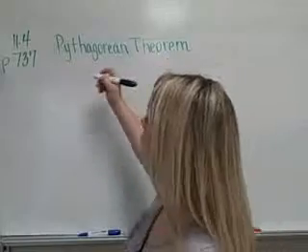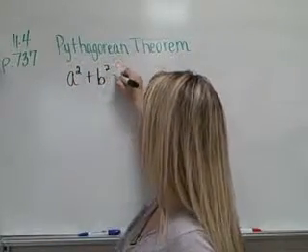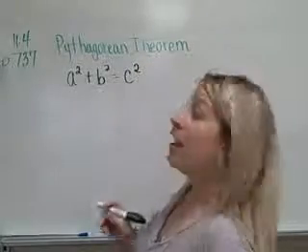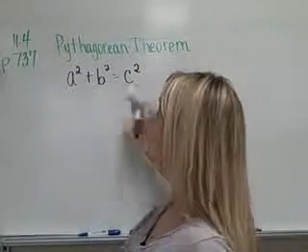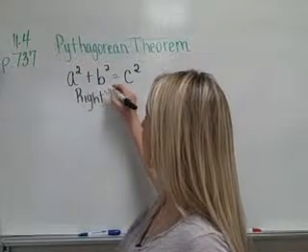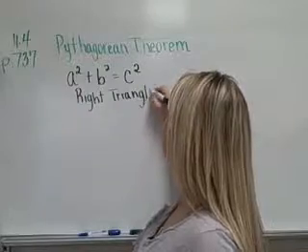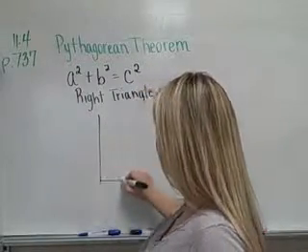The first thing you need to know about the Pythagorean theorem is that a squared plus b squared equals c squared. And that is true only for right triangles. I'll tell you exactly what that means in a second. So if you have a right triangle,